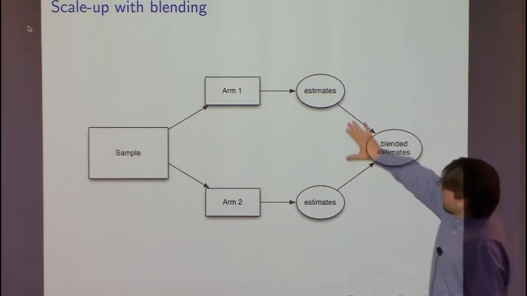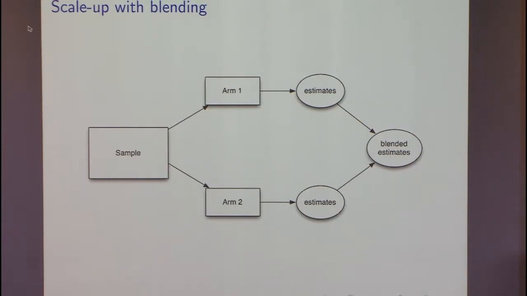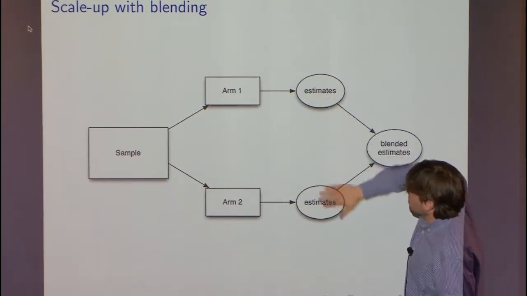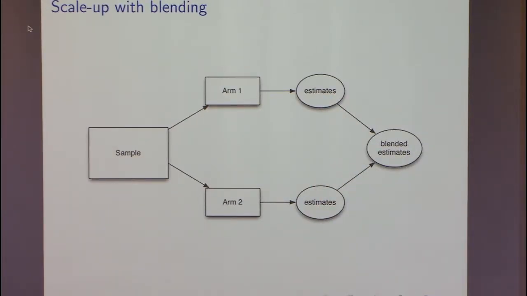So we've done these two, then we get estimates from each arm, then we blend the estimates here. So each study produces two things. One is the blended estimate. That's what the minister wants. That's what the minister pays for. And then as a second sort of byproduct, we get a comparison between these two. That allows us to say, well, in this case, the meal definition seemed to work slightly better than the basic definition. So every study can produce the thing that the people funding the study care about, and then this little extra bit.